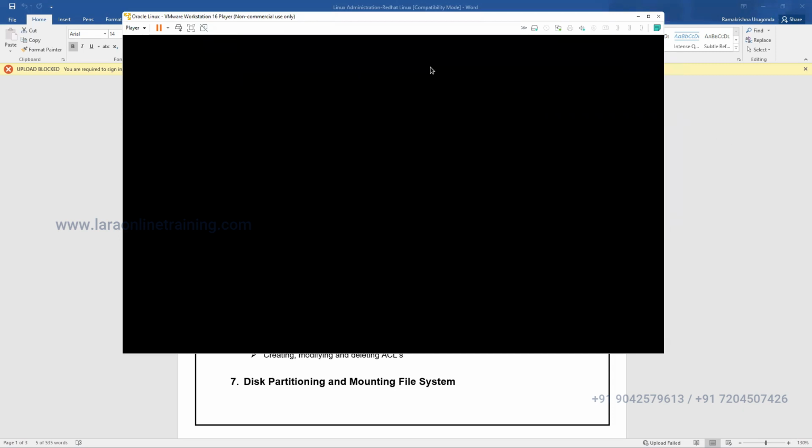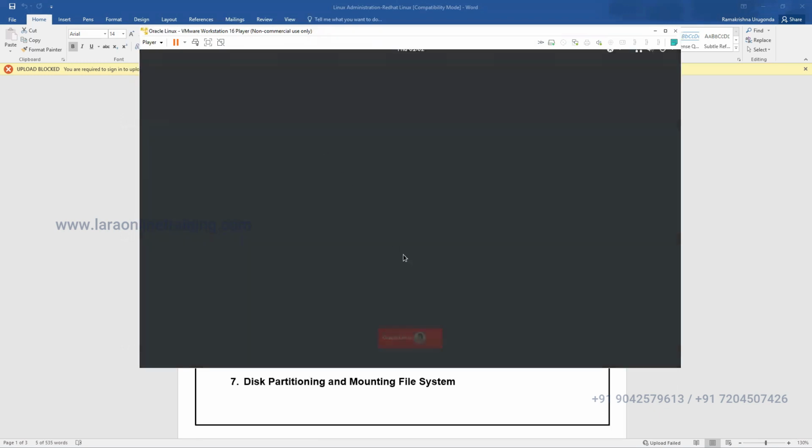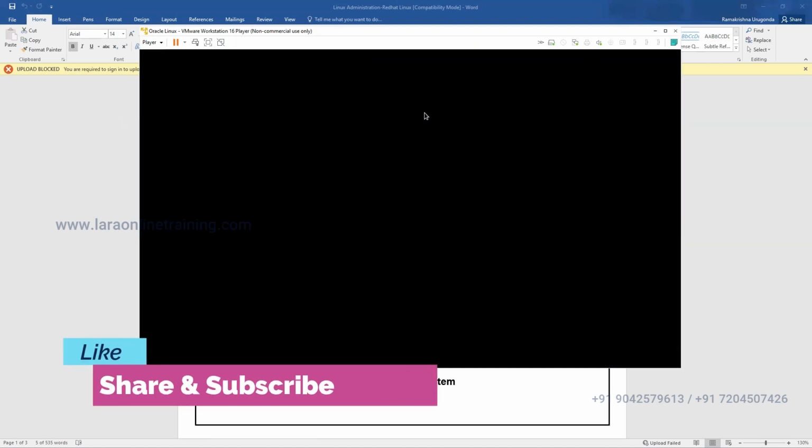See, right now I'm running Windows along with Linux in one application, VMware, which is actually Oracle Linux. I told you before, I'm logging in as the administrator user. Right now I'm logging into the server physically.